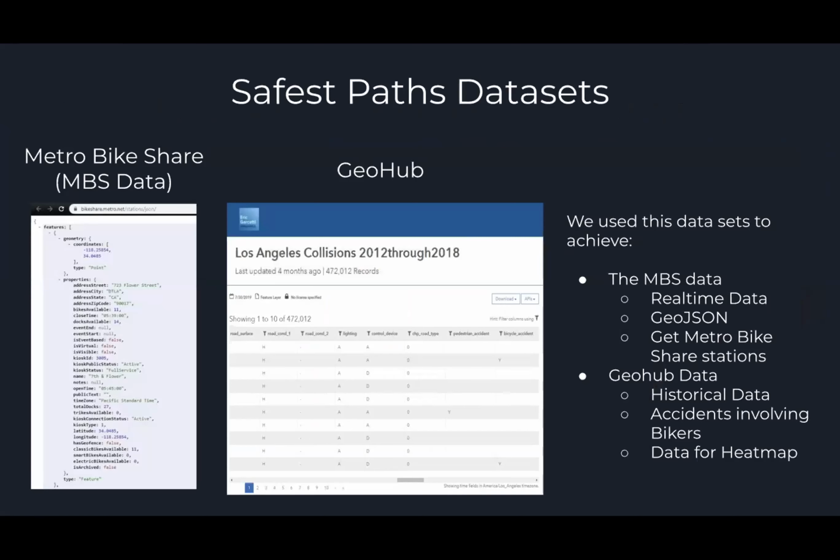Good morning. My name is Alejandro, and I'll be introducing some of the data sets that we use for our safest paths implementations. As you can see to the left, we use the Metro Bike Share data available to us via the Metro Bike Share app, web app. We use this data to provide the user with all the locations of each of the stations available through Metro Bike Share,